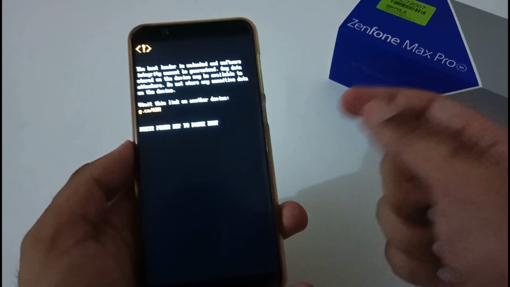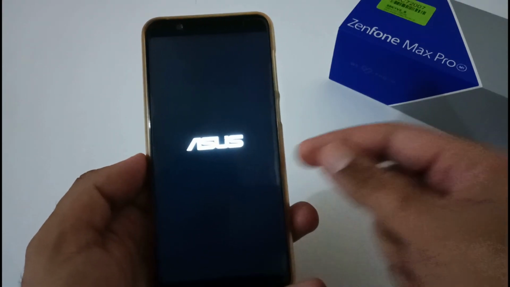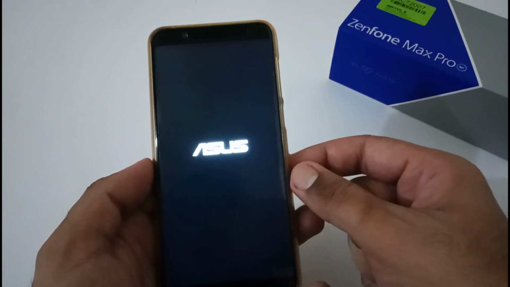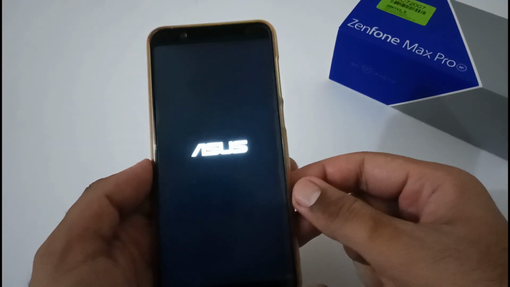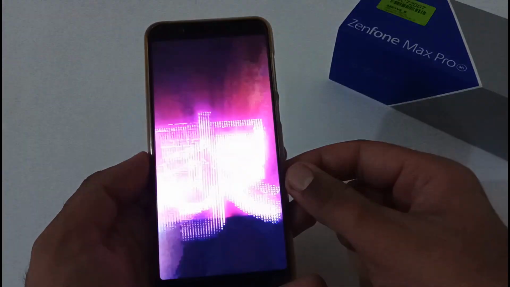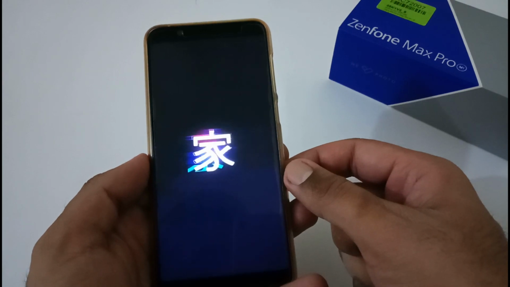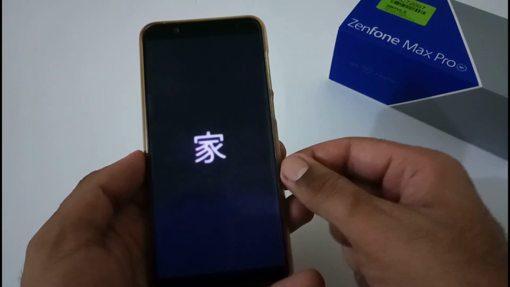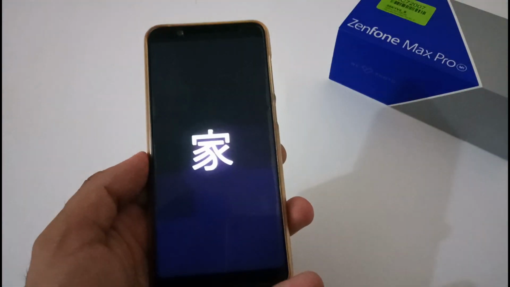If you are not aware, then we'll be providing you the URL for the same in the description below so that you can go over afterward. Now within the next 2 to 3 minutes the phone setup process will be invoked, or I would say started, and then we'll move to the setup process and try to complete it as soon as possible. So this is the basic animation for the Bootleggers ROM. Whenever you install it, you will be able to view it. So let's wait till it invokes the phone setup process.